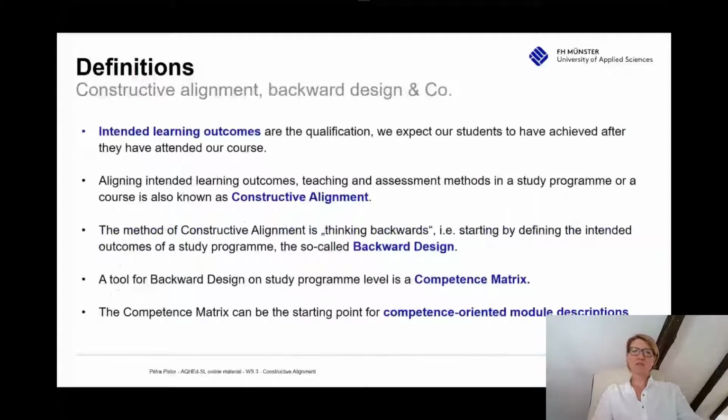Before we go on in this video, I would like to give you some more definitions first. I will go into detail on all of these in the course of the video. Intended learning outcomes are the qualifications we expect our students to have achieved after they have successfully attended our course. Aligning intended learning outcomes, teaching and assessment methods in a study program or a course is also known as constructive